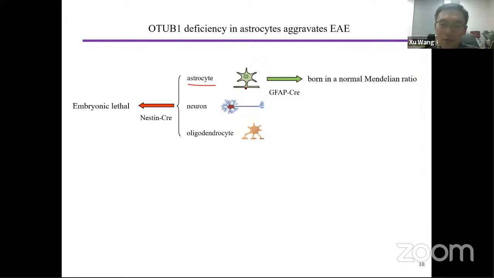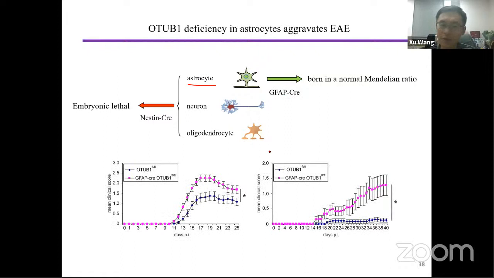These mice were born in a normal Mendelian ratio and reached adulthood normally. They didn't show any abnormalities. They grew normally. But upon EAE induction, we induced EAE in these mice,